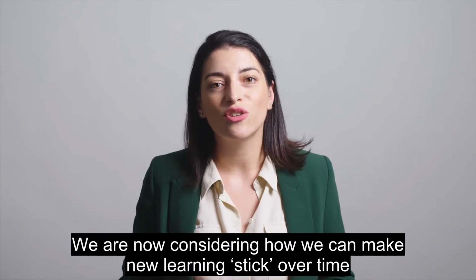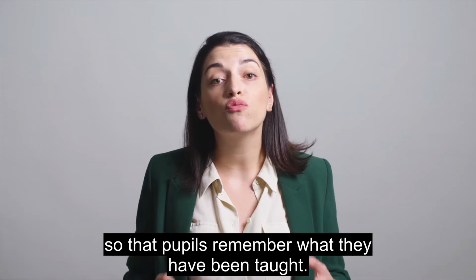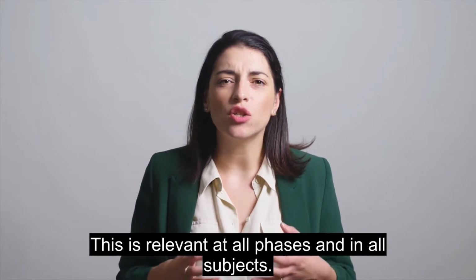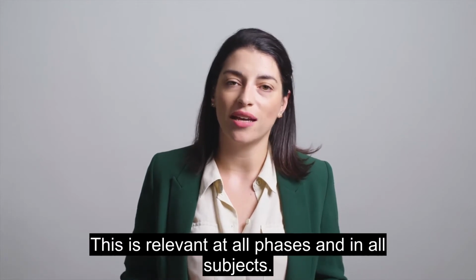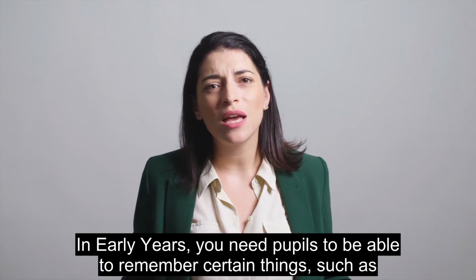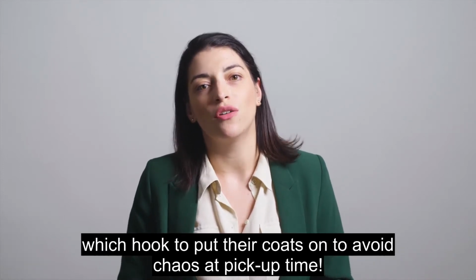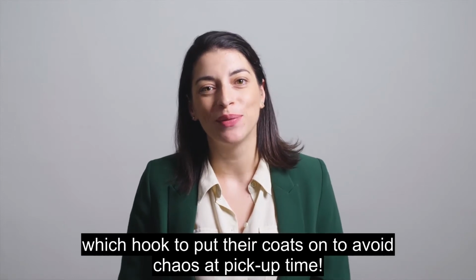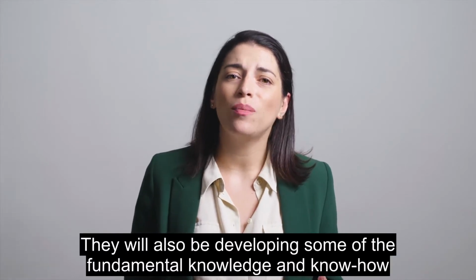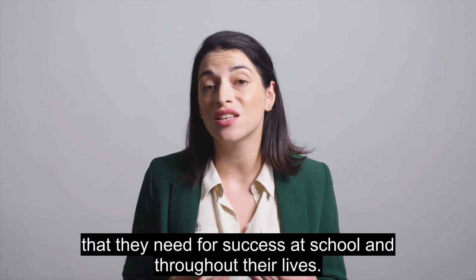We are now considering how we can make new learning stick over time so that pupils remember what they have been taught. This is relevant at all phases and in all subjects. In early years, you need pupils to be able to remember certain things, such as which hook to put their coats on to avoid chaos at pickup time. They will also be developing some of the fundamental knowledge and know-how that they need for success at school and